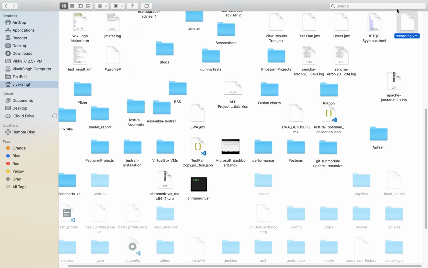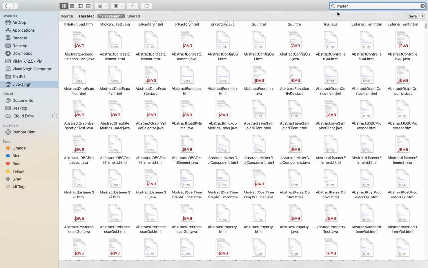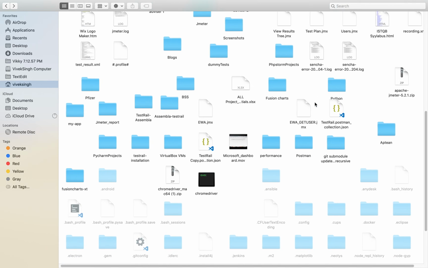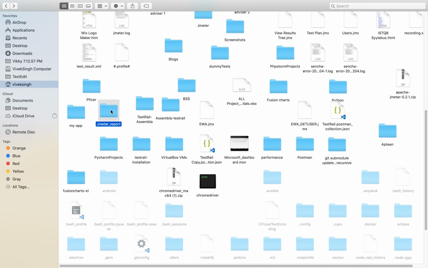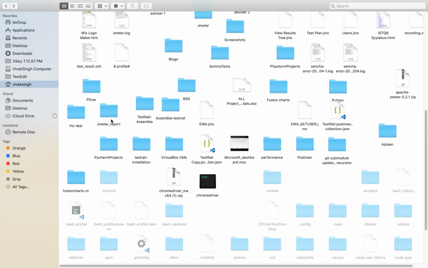Let me search from here. Okay, so this is the folder JMeter report, and I have already created this. You can create it manually, and inside this just create two more folders. One is CSV, one is HTML, which I have already created, as you can see. My JMeter report folder is placed inside this directory, Vivek Singh.